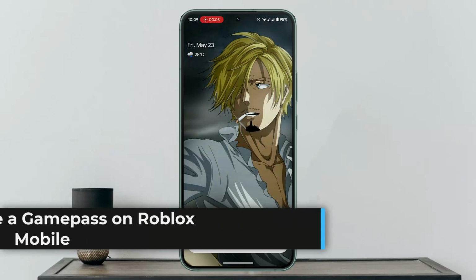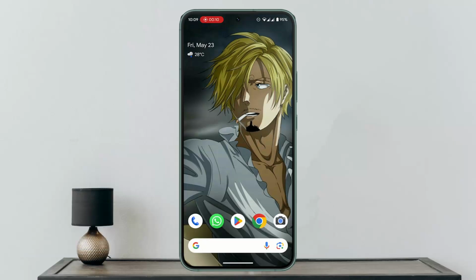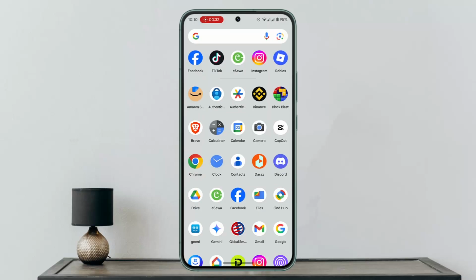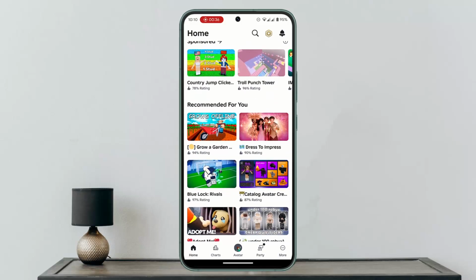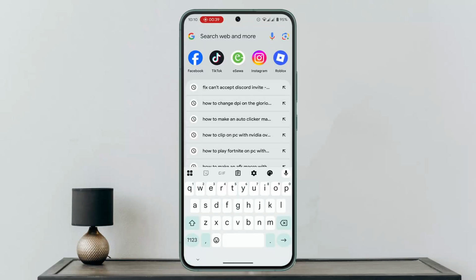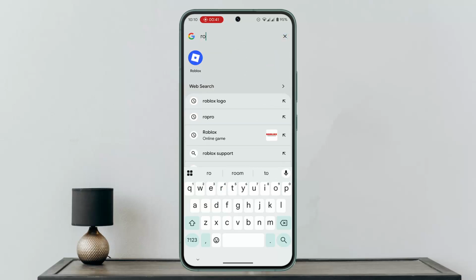In this video, I'll be showing you the procedure on how you can make a Game Pass on Roblox mobile. So what you have to do is, actually you'll not be able to do it from your application. So you need to go ahead and use the web version. So on the web address bar, type in roblox.com